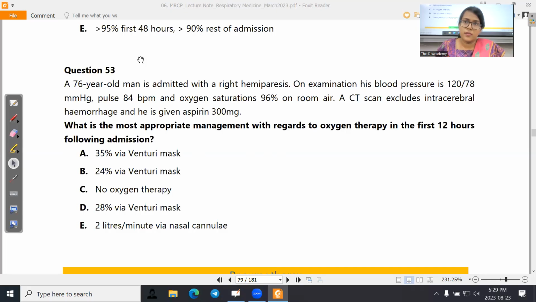D. So what does the clinical stem tell you? That the patient is suffering from